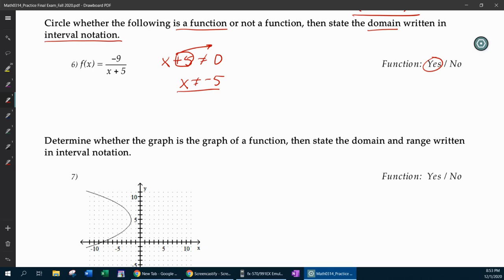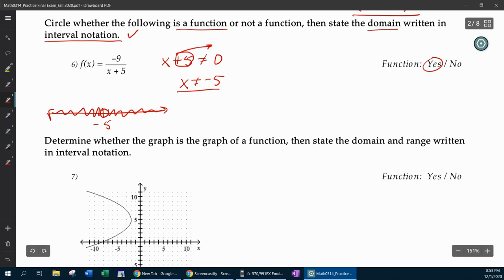And so if we were to look at that on a number line, I realize it doesn't say graph, but if I were to look at this on a number line, at -5, you would have an open circle, which says that that value does not exist, but any other value does exist. So there's what the shading would look like on a number line, and that's going to help us to get